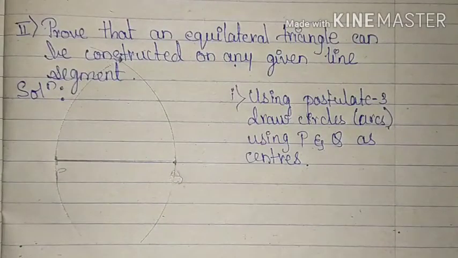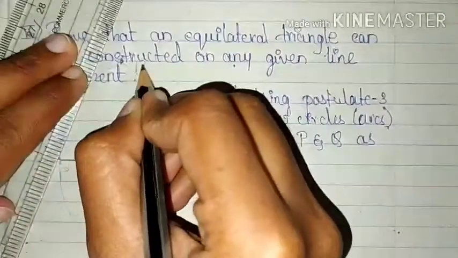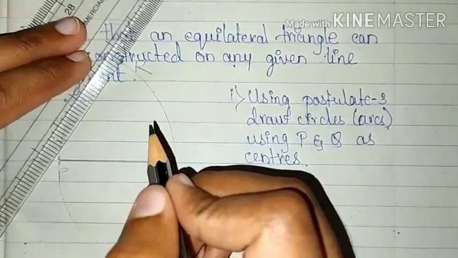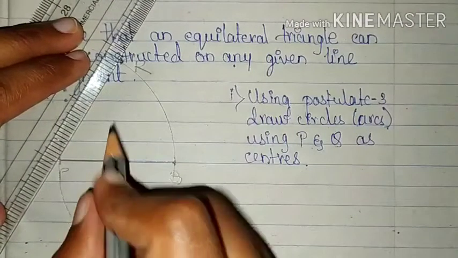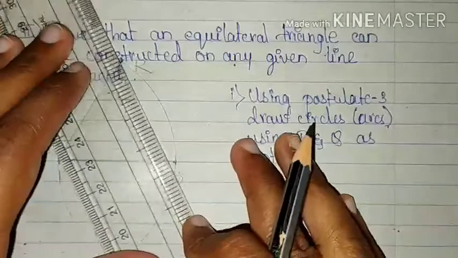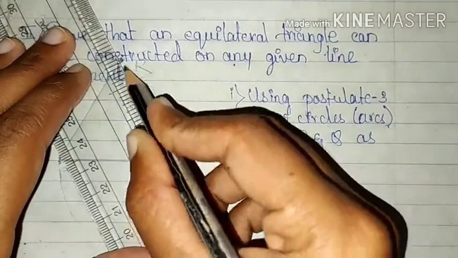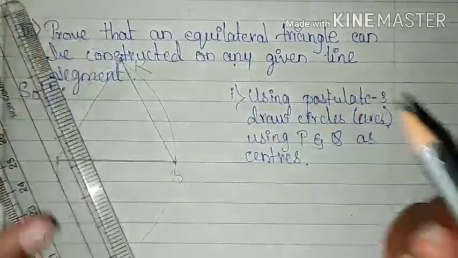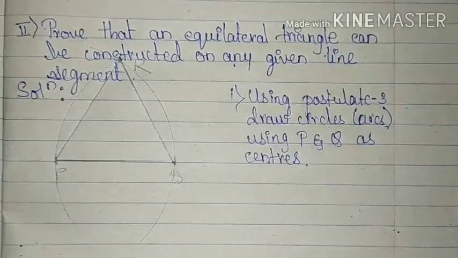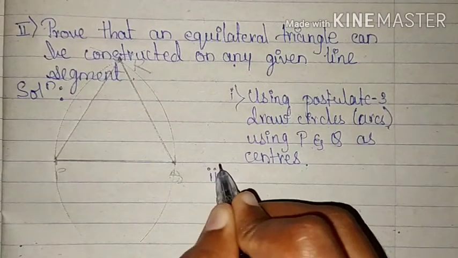So now let's join P and Q to this third point R. Let's join them. This is PR and this is QR. So this is our triangle. Now all that is left is to prove that all these sides are equal. So, second step,